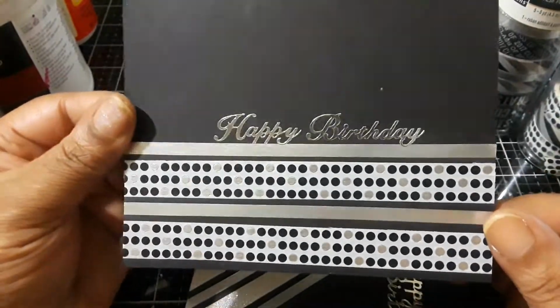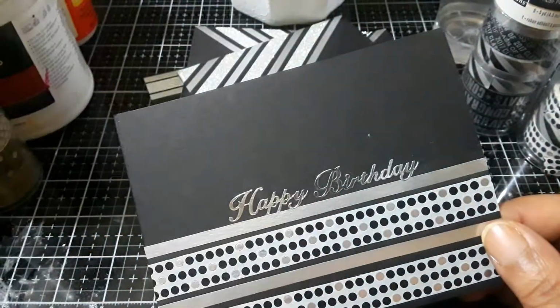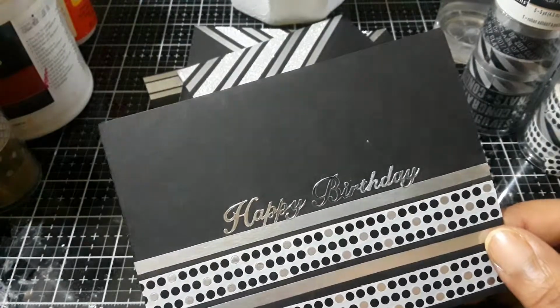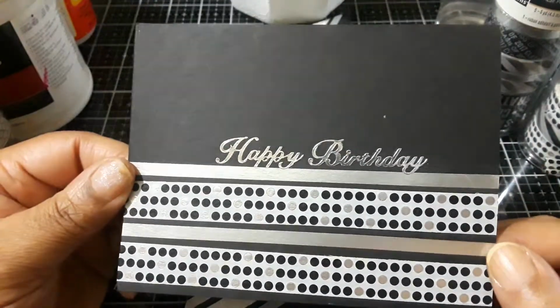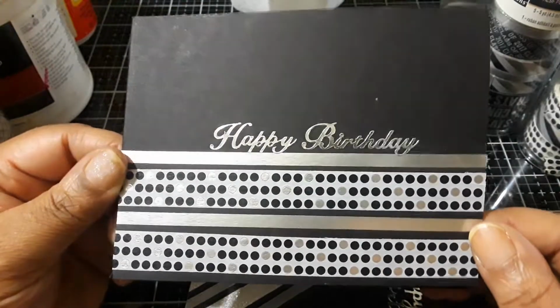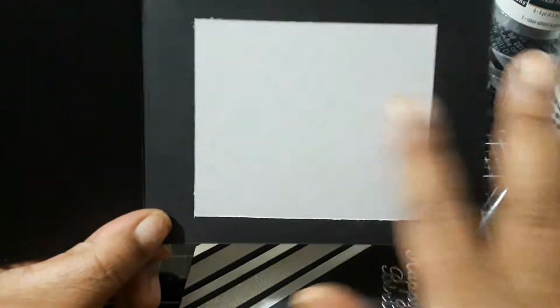So it says happy birthday again. Nothing else. No rhinestones, no sequins, no flowers. Men don't need that. Okay, to bust out those washi tapes, there's just a gray paper on the inside, and there's nothing because someone's